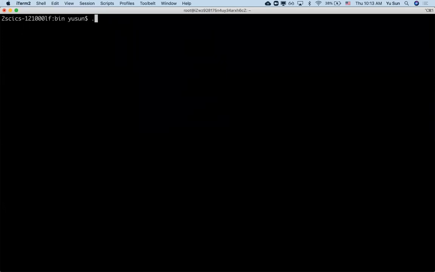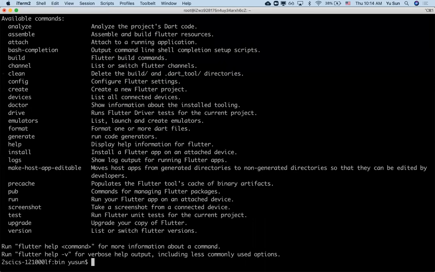So if you run Flutter here, you can see it's a command line tool that allows you to create a project, clean up your project, build your project, and also run different things. And you can also use it, for example, to check the version. So if you do Flutter version,